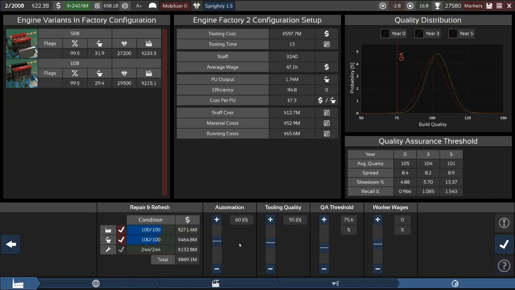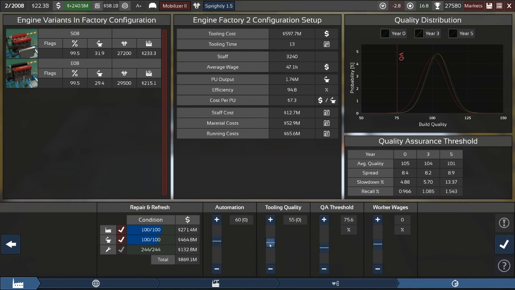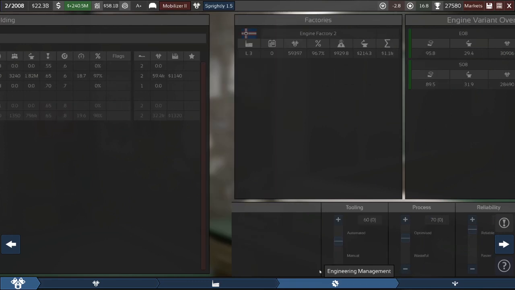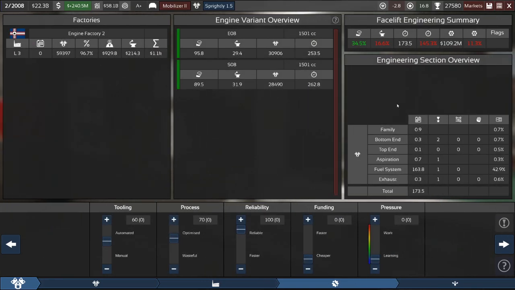Engine factory, not too much to see here either. I think we actually might even want to just drop the QA threshold slightly, a little more tooling quality too. Actually, I'm going to give it substantially more tooling quality. That way we don't have to eat as much out of the QA. Not as many units go to waste. That's what I'm trying to say. And wow, 173 months, but it's the same deal. We just have to